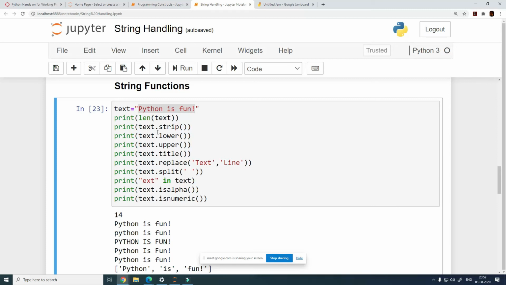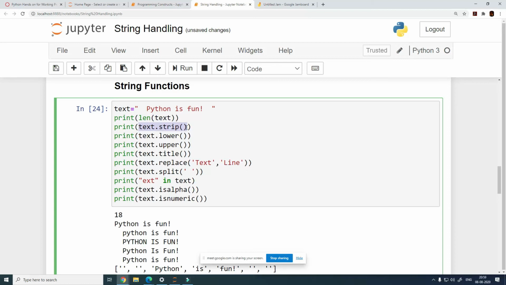What are the other ones? The other ones are where you actually do certain operations on them, right? So text.strip, to make you understand this, look at what is happening. It is removing unwanted spaces, but not from within the text, only the preceding and the trailing ones.